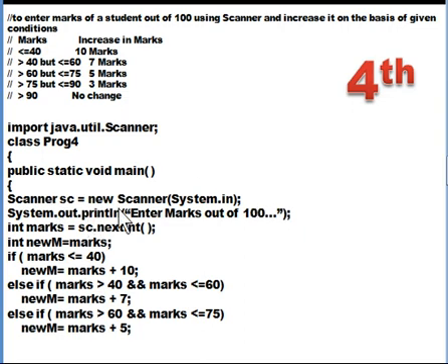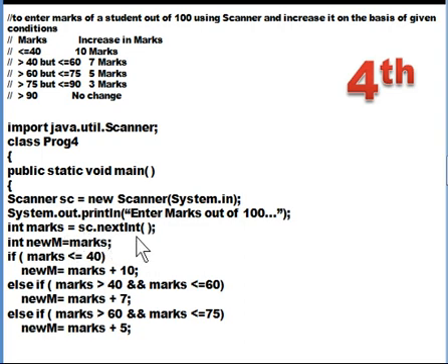So this is how we create the object of the scanner class. Now, like I have told you earlier, we have to tell the user on the terminal window what has to be done. So we are displaying a message that says enter marks out of 100. So the user is going to enter the marks. The marks will be integer, so I am taking an integer type variable marks, and I am calling the method of the scanner class by using its object, sc.nextInt.